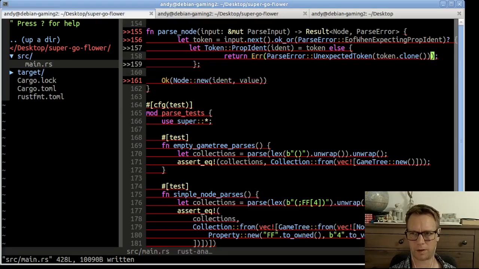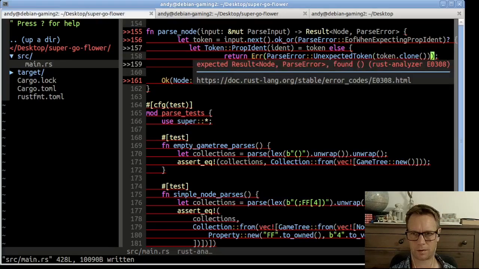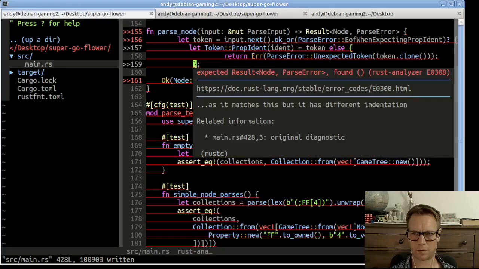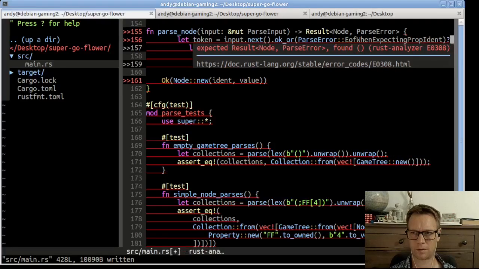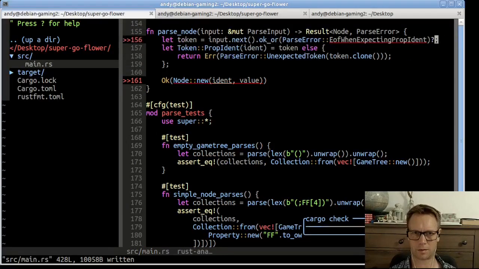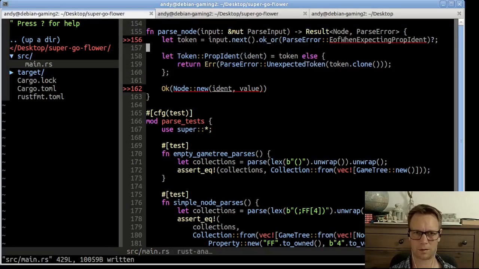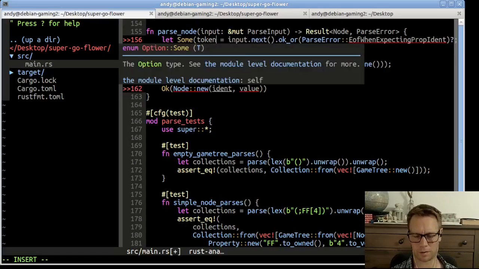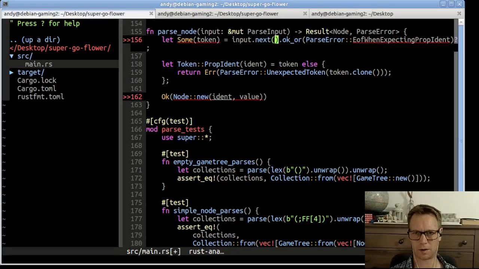How does that look? No, I've really broken everything. Because that should just be semicolon. Actually, I think I want to use a let else. So I'm going to do let Some token equal input.next